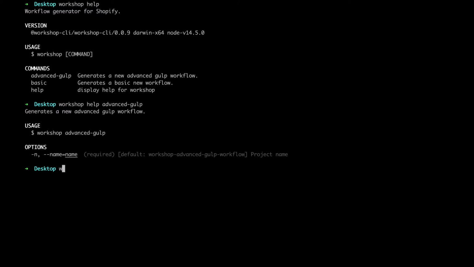So let's run that command. Workshop advanced gulp and --name equals, let's call it band basic shop. Hit enter, and that's it. It's created. So if I hit ls, you'll see that band basic is there. So let's clear, cd into band basic